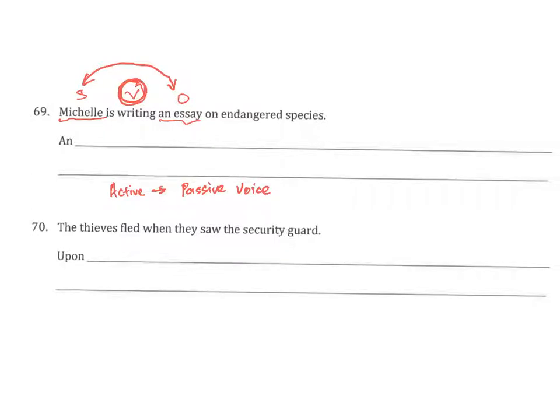Let's switch places first. So an essay now comes to the front, and there we see the word "an" is already there as a clue to tell me that I need to put the word essay there, right? So I've changed the order. That's step number 1. Now I'm going to change the verb. That's step number 2. Is writing. I've got to change. So an essay is writing is wrong, right? So the essay is not writing. So the essay is being written